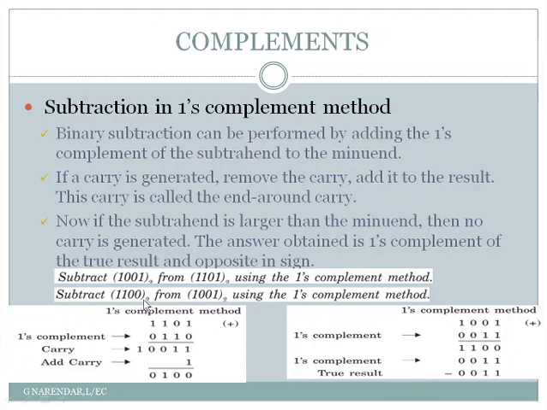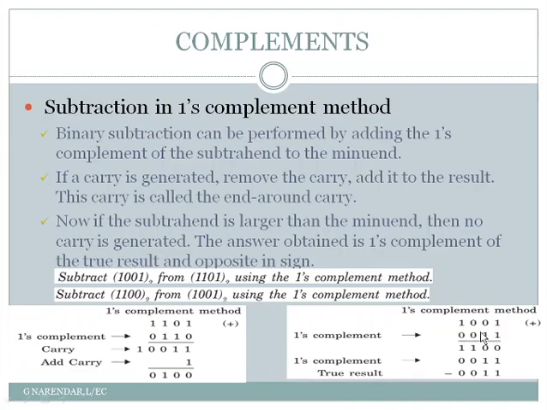Okay. And similarly here we have one more example. Subtract 1100 from 1001 using ones complement method. Here the minuend is 1001, the subtrahend is 1100, and this subtraction operation is illustrated here. So the minuend 1001, I write as it is. But take the ones complement of the subtrahend, which is 1100 here. If you take the ones complement of this 1100, it will be converted to 0011, as all ones are replaced with zeros and zeros with ones.